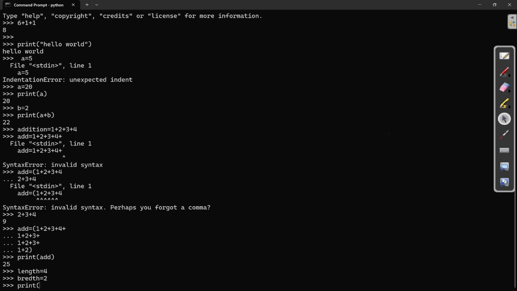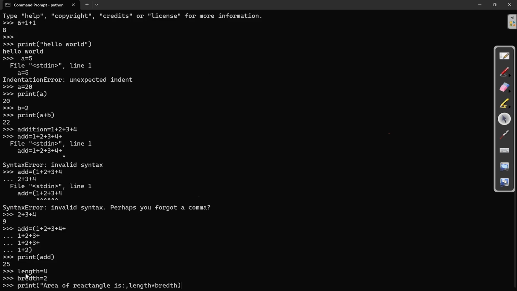Then I am using a print statement to print the output. Inside this I am typing area of rectangle is, then this sign, and after that length into breadth, and I'm closing the bracket.